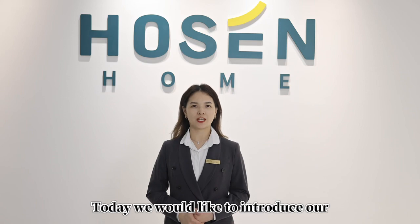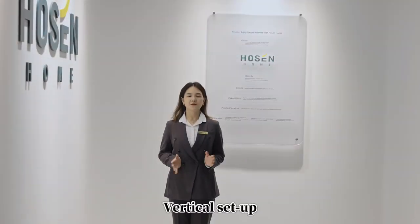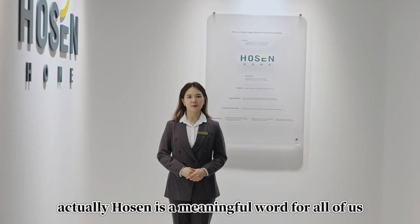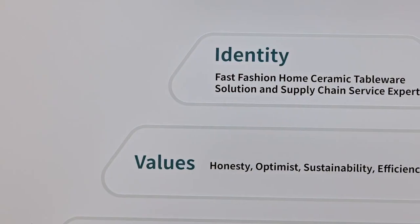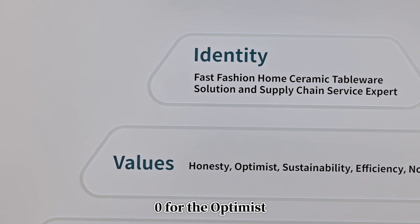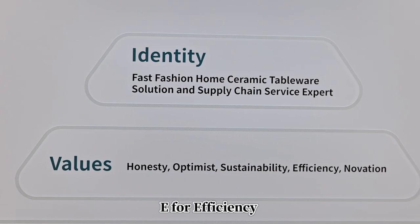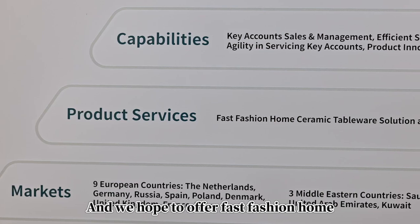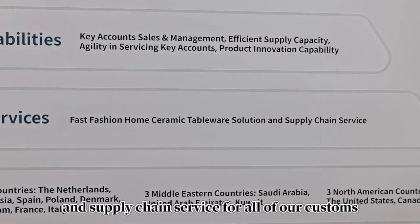Today we would like to introduce our new showroom for all of you. Let's go! As a vertical setup vendor of tableware for all of our customers, actually Hosen is a meaningful word for all of us. H for the honest, O for the optimist, S for the sustainability, E for efficiency, N for innovation. And we hope to offer fast fashion home ceramic tableware solution and supply chain service for all of